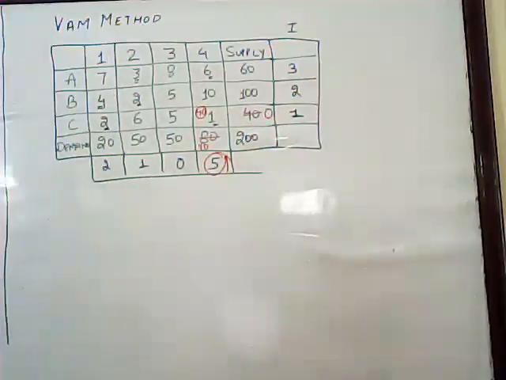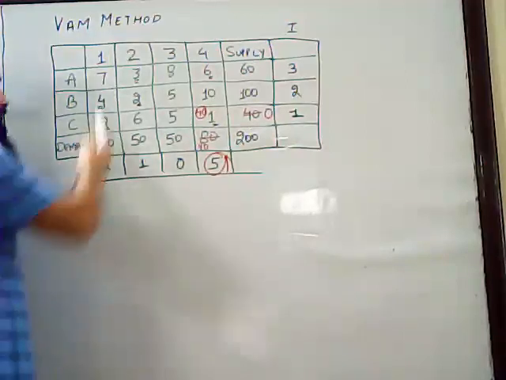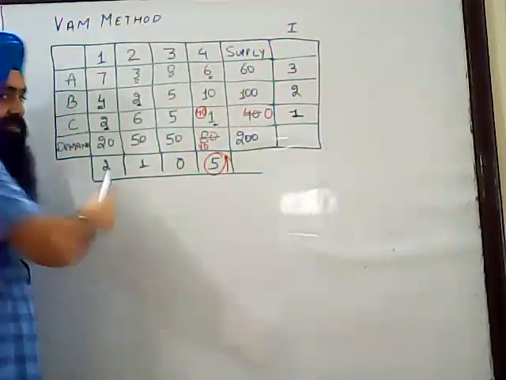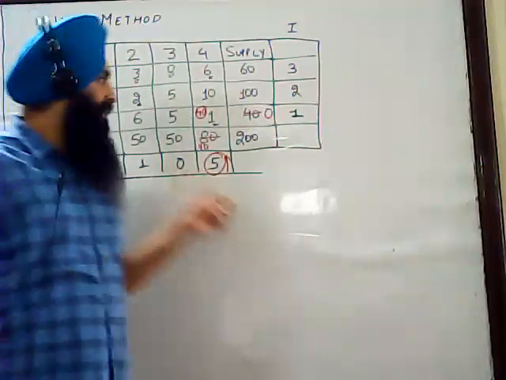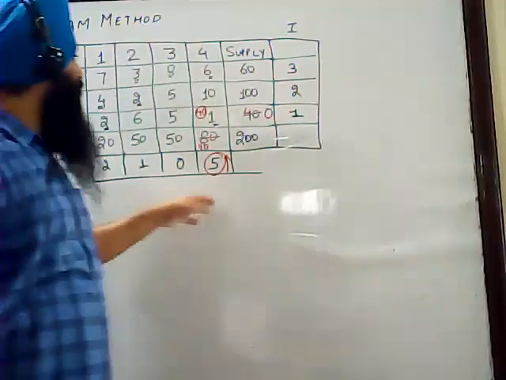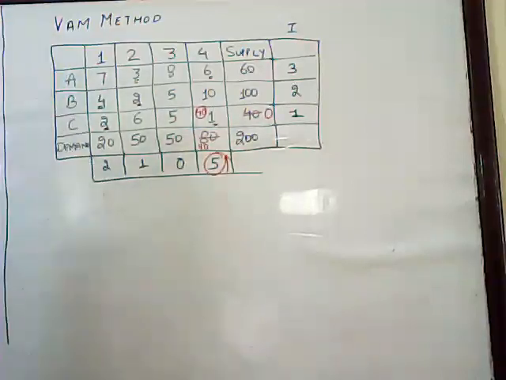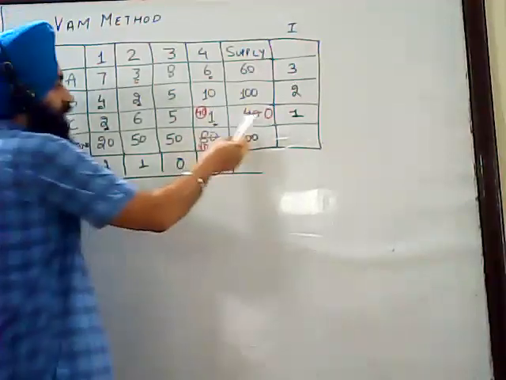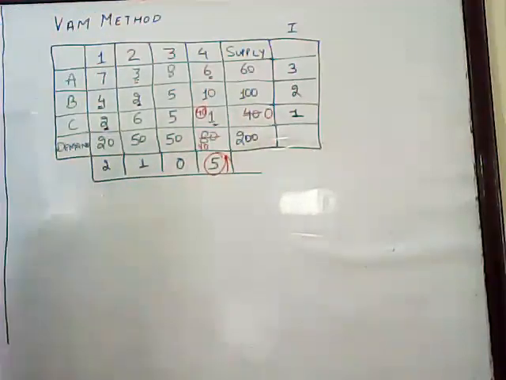So the first step in case of the VAM method is to find the minimum element and the next minimum element from each row and column. Then we find the difference between them, and these are known as penalties. Then we find the maximum penalty in that column or row, find the minimum element there, and allocate the value. Here the supply is 40 and the demand is 80, so the maximum allocation will be 40. So this is the first step.